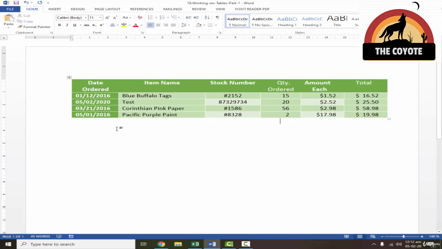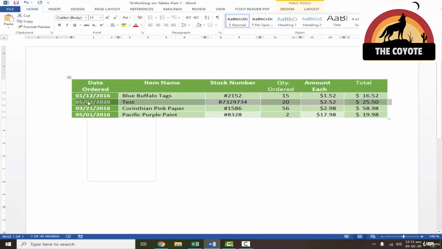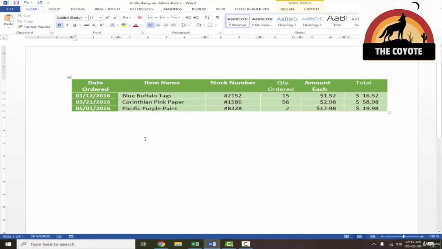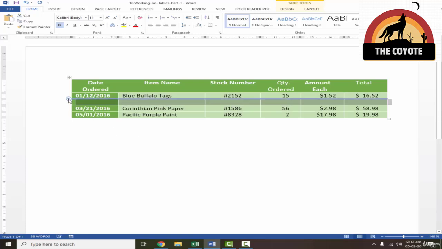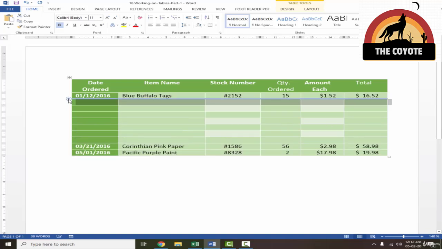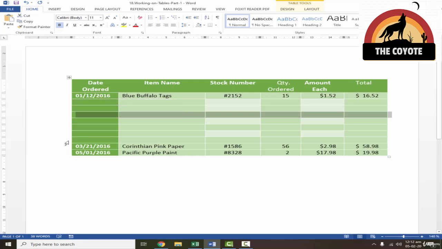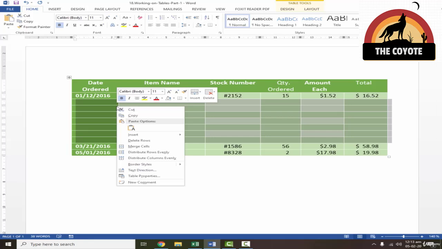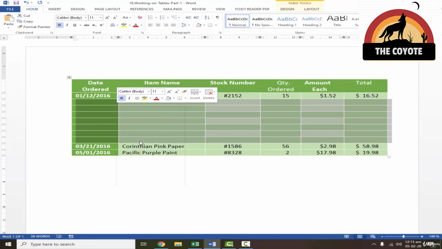Now if I want to delete the row, I can just click on the corner to select it first and then right click, and you will see this option, delete rows. Just click on that and the row gets deleted. Now if I want to insert multiple rows, just click on the corner and then keep clicking the plus sign. So you can insert many rows. Similarly, if you want to bulk delete rows, you can just hold the left click, start moving upwards, and then simply right click and click delete rows.